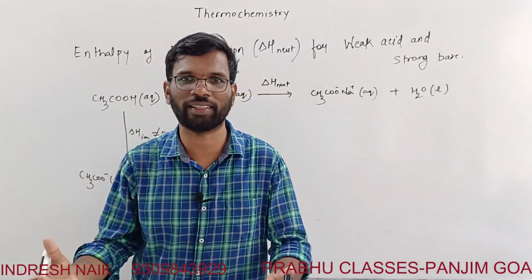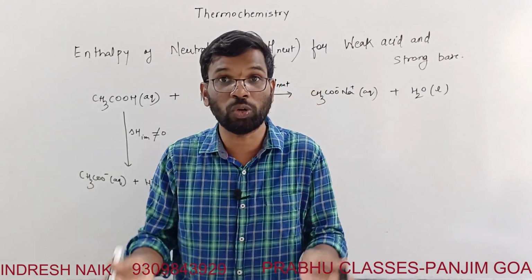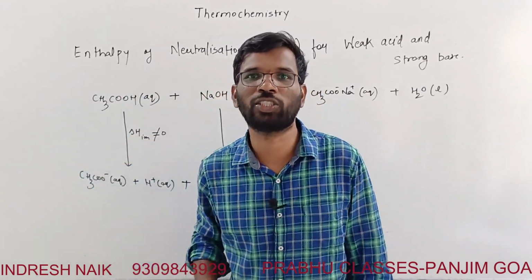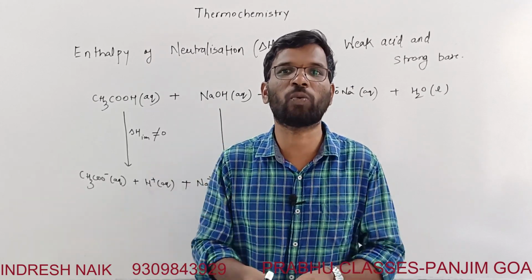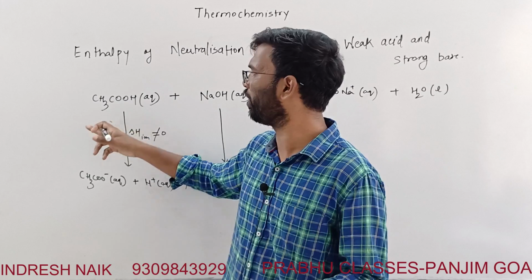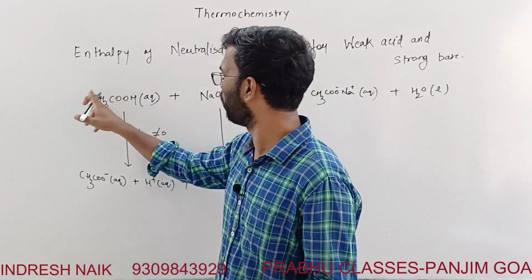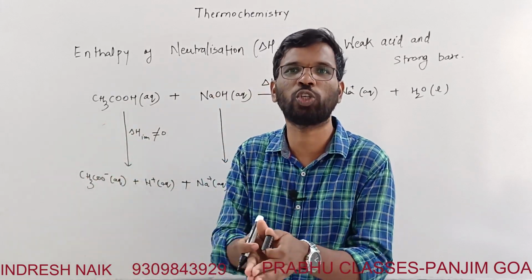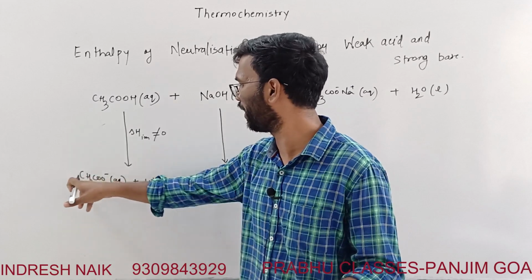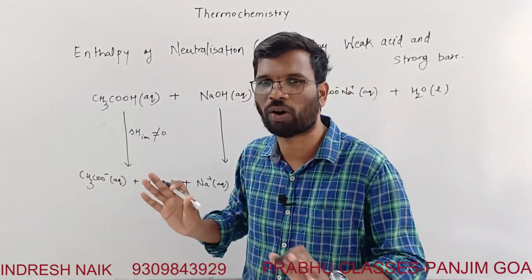If 100 molecules are there, and if you want to convert all the 100 molecules into ions, the energy has to be supplied. Energy will be required because this weak acid molecule is not happy staying split. It will always be happy staying together. So here energy will be required to split them apart to make it 1 mole and 1 mole over here. So at that time the enthalpy of ionization is not equal to 0.